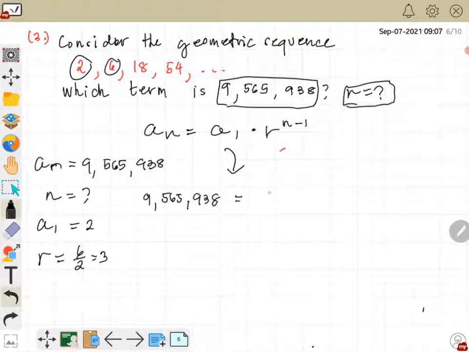Our a sub 1 is simply 2, then our r is simply 3, and we don't know n. It's like saying 2 times 3 raised to n minus 1. The right side will have 3 raised to n minus 1, and the left side will become